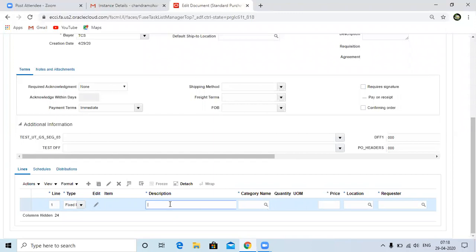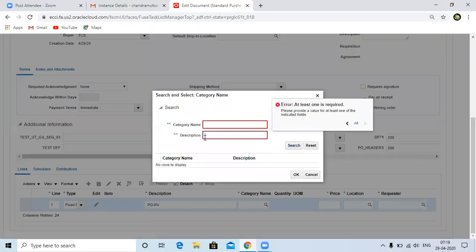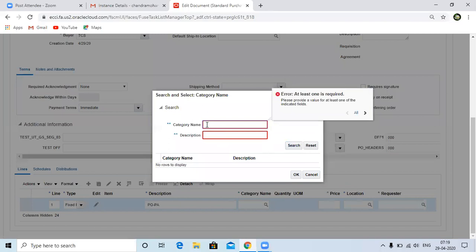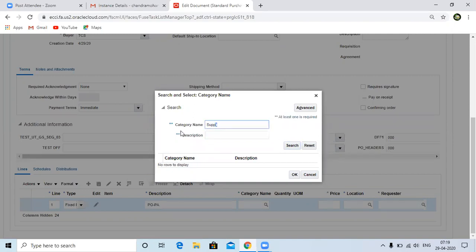So just PO to PA, I'm giving as a description. For category, select any category which exists. There should be some supplies or office supplies.